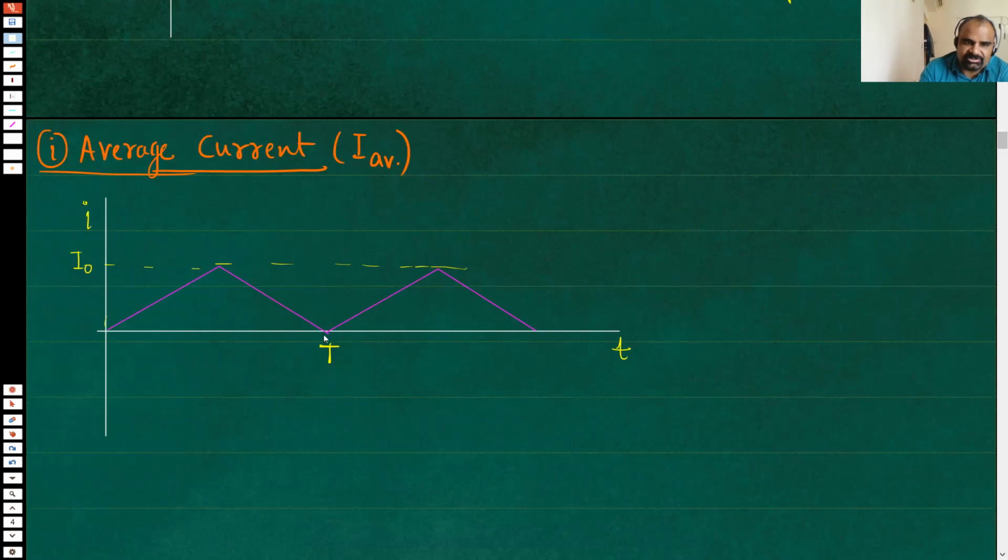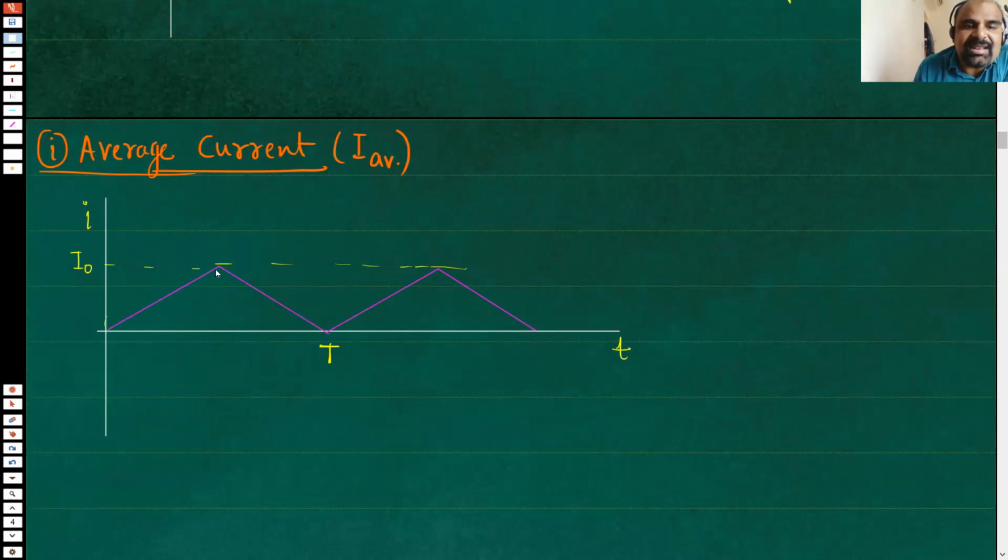So let me come back to this. This is a linear function. You see, from here to here, we have a linear graph. Here the value of current is 0, and here the value of current is I0. Average will lie exactly at the middle, which will be I0 by 2. Similarly, from here to here, average will be exactly at the middle. But you could have guessed it only because it was a linear function. If it was not a linear one, there is no way you can guess.